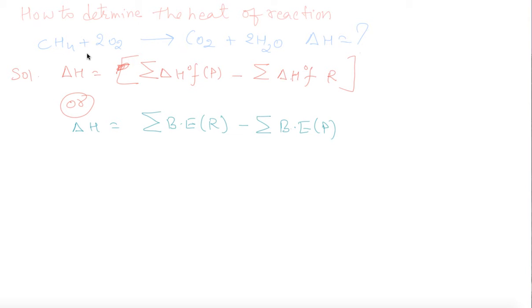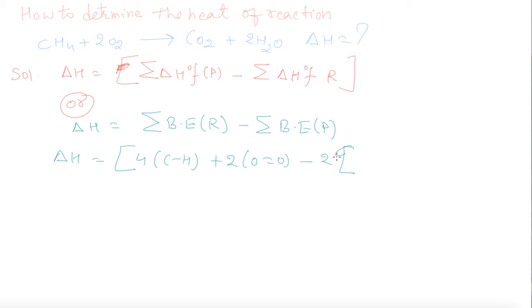Suppose one example is given: CH4, combustion of methane, will give you CO2 and water, and we have to find out the heat of the reaction, delta H. There are two methods: heat of formation of products minus sum of heat of formation of reactants, or the bond energy of reactants minus bond energy of products. So delta H is equal to 4 carbon-hydrogen bonds in the reactant, plus 2 oxygen bonds. O2 can be represented by O double bond O, and it is 2. Then minus 2,